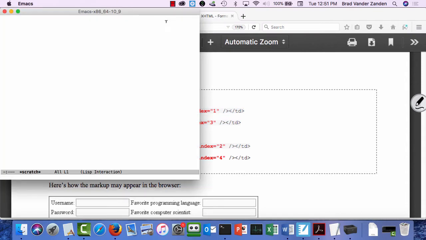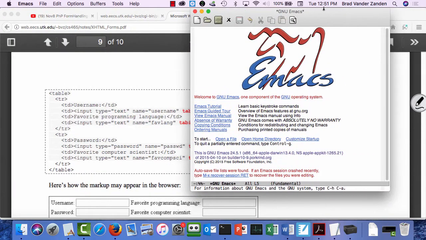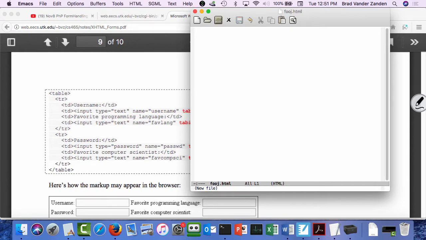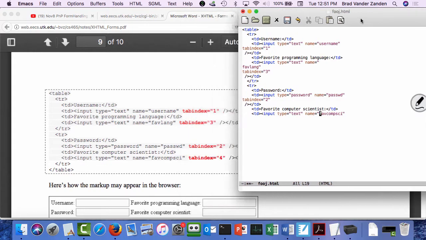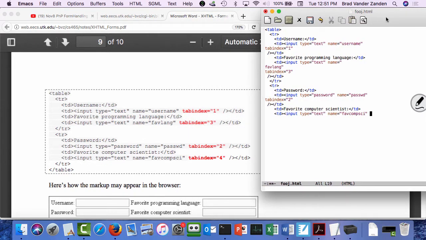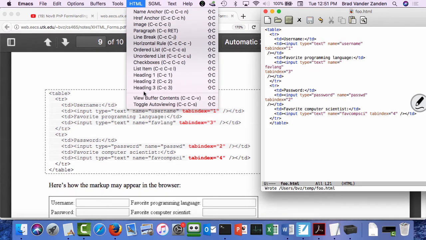So we'll make this temp foo.html. Looks like I called it foo.j. So we'll finish this off. Tab index equals 4. And actually go and write this as foo.html. Okay, so if I show this in a browser,